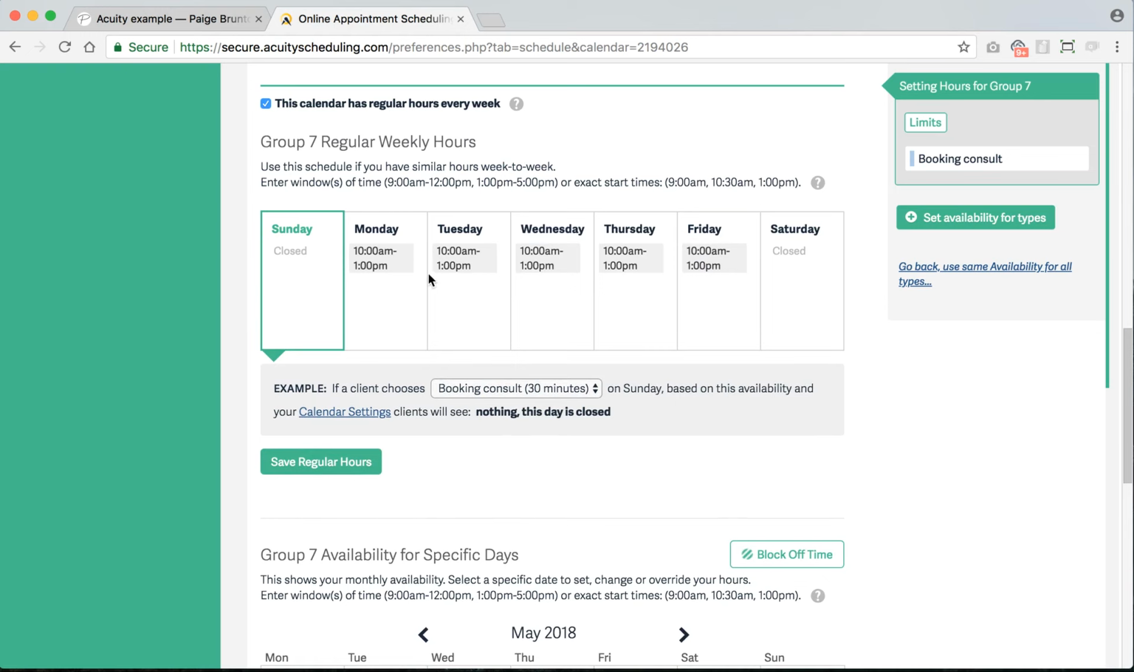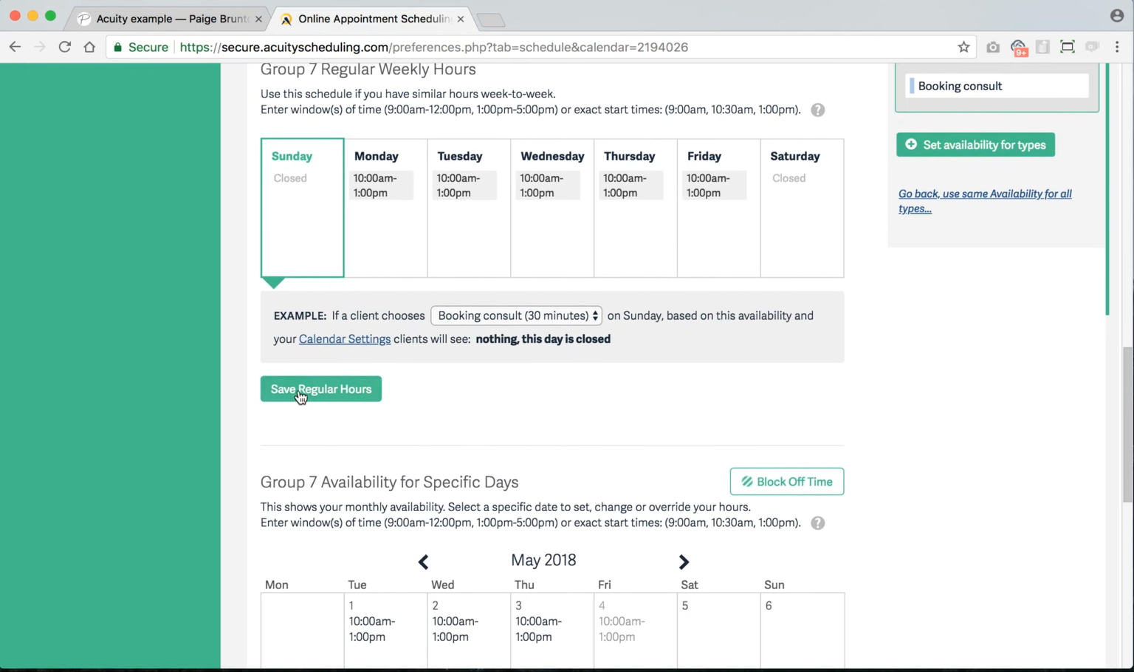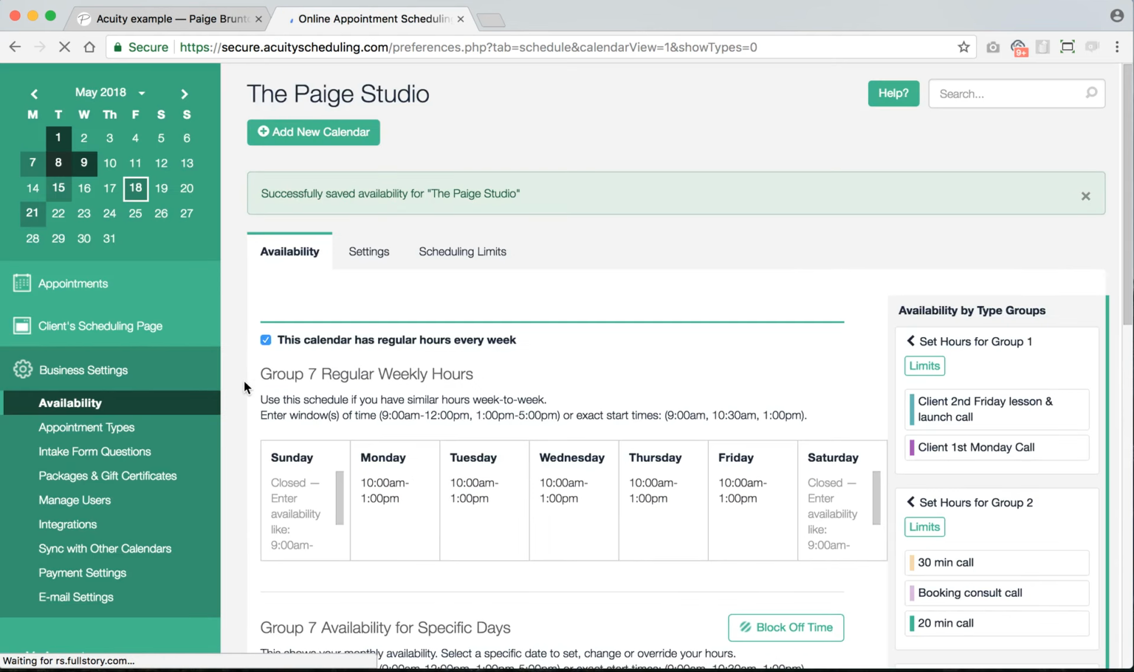So you can decide if you would like it to be regular hours every single week, and you can change that. You can have Tuesday and Wednesday be different than Thursday and Friday if you want. It's up to you. Now, we're going to save these regular hours. The other option is,